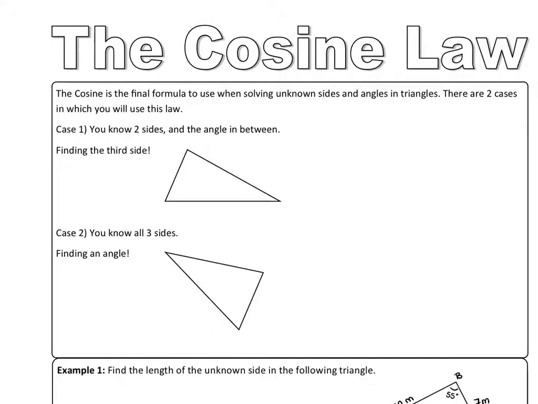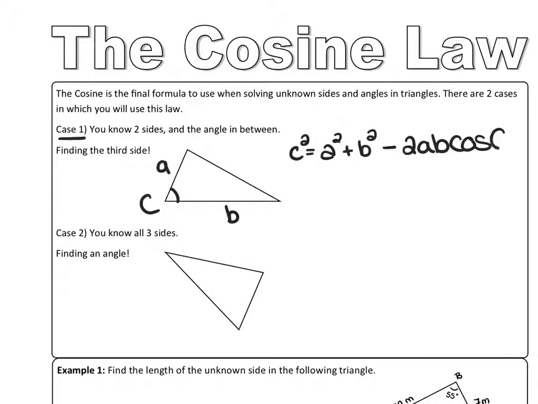So case number one, which we're going to start with right here, is when you know two sides and the angle in between. So if you know side A and B and also angle C, so you know the two sides and the angle that is right in between, then you're going to use the cosine law. Now the formula would look like this. C squared equals A squared plus B squared, so those two sides,